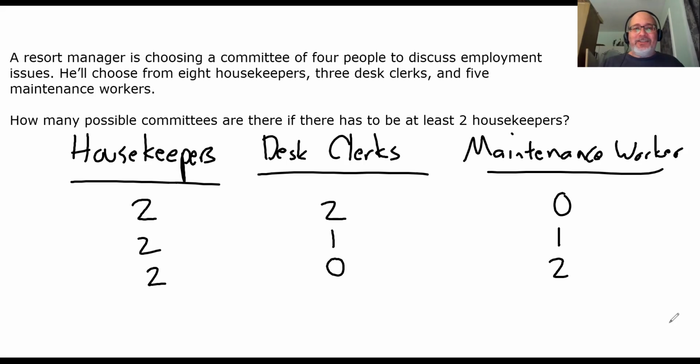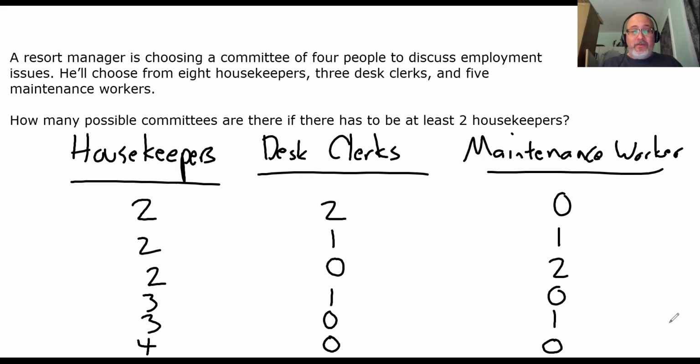But it said at least 2 housekeepers, which means there could be more. He could pick 3 housekeepers, in which case he would have to have 1 more person. So maybe 1 desk clerk or 0 maintenance workers, or 0 desk clerks and 1 maintenance worker. But if he's going to pick at least 2 housekeepers, he can pick more than 2. He can pick 2, he could pick 3, he could even pick all 4. It doesn't say he can't. But if he did that, he couldn't pick anyone else. So imposing the stipulation that there must be at least 2 housekeepers means that we have 6 ways he can